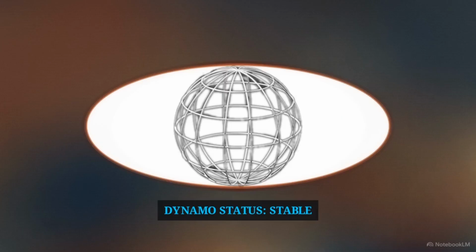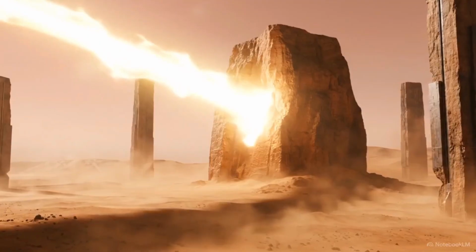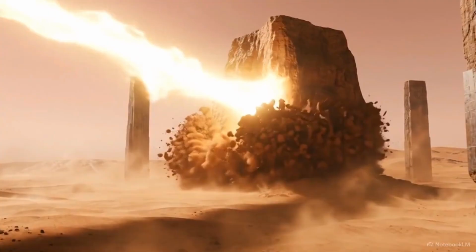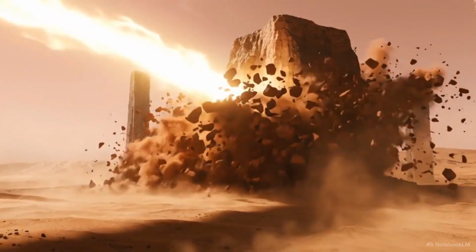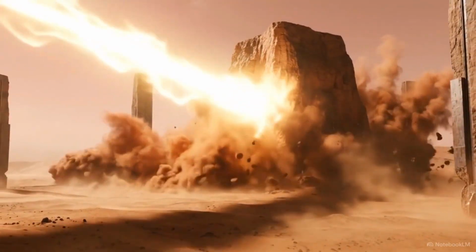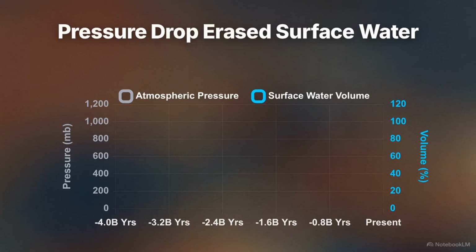When Mars lost its internal heat, its protective magnetic field shut down. Without that shield, relentless solar winds from the Sun battered the planet, slowly stripping away its atmosphere over millions of years. This chart illustrates the fatal decline. As atmospheric pressure plummeted, the surface lost its ability to hold heat or water. Oceans boiled off into space.